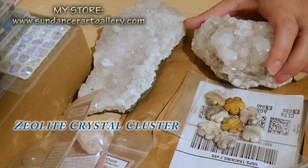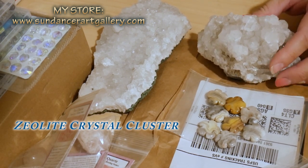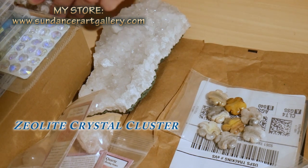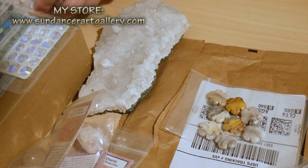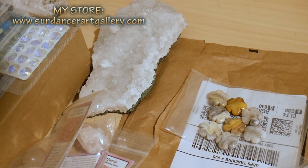Yeah, that's a zeolite. I'm not saying it right, zeolite. It's zeolite. That's what these two are. I'll put them right there. Now, this next one, I believe, is a